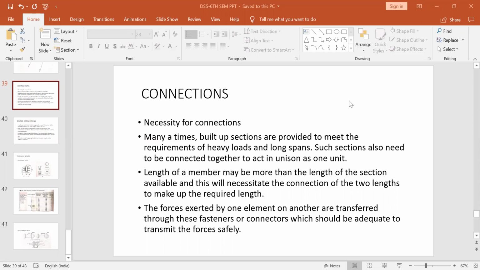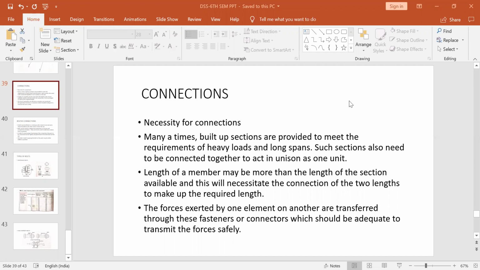So here actually three kinds of connections are there: bolted connections, rivet connections, and welding connections. Riveting is now obsolete. It is not being used at present, so it's not put into practical use. It was initially used in bridges in the olden times. In the past 3 or 4 decades it has been used, but over time rivets have been replaced by bolts, which are much stronger and have higher efficiency.